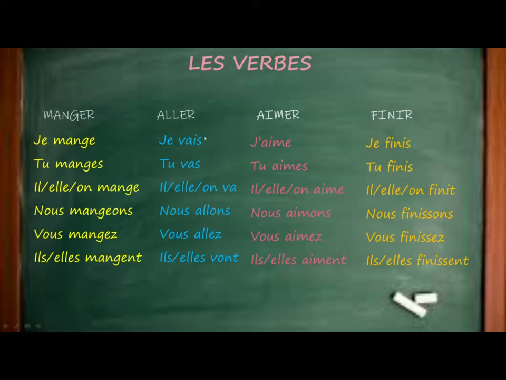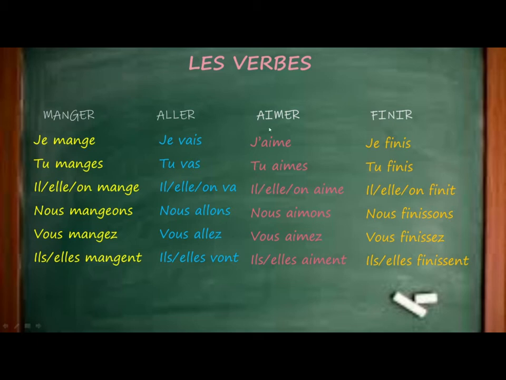All these use the verb aller, right? And it's an exception, so we don't conjugate it like a normal ER ending verb. If you're using the verb aller with an infinitive, for example je vais manger, then it's actually futur proche. Je vais finir, I'm going to finish. And here we've got the verb aimer, which means to like or to love. J'aime, tu aimes, il aime, elle aime, on aime, nous aimons, vous aimez, ils aiment, elles aiment. Right?